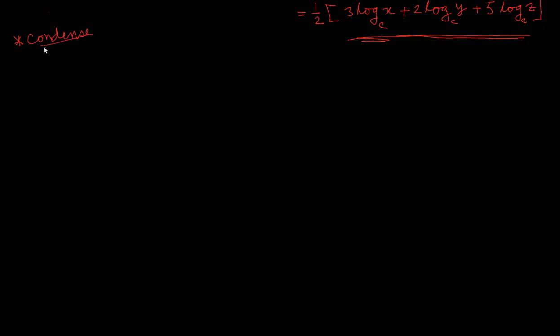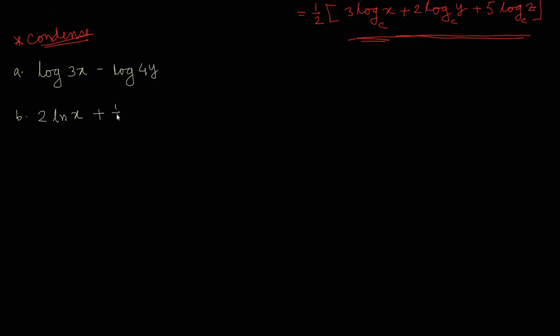Condense the following expression. So let's do one by one. Okay, so let's say number A, I need to condense logarithm of 3x minus logarithm of 4y. Okay, I need to condense this. And B, I need to condense 2 natural logarithm of x